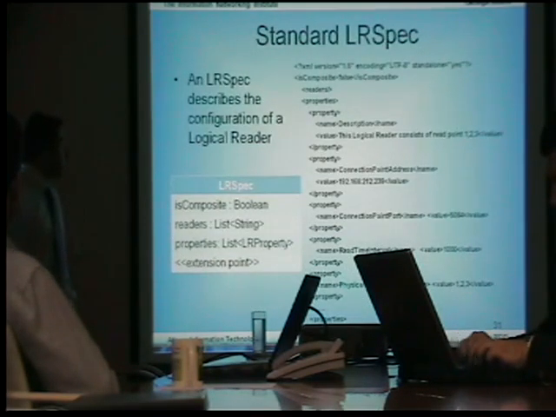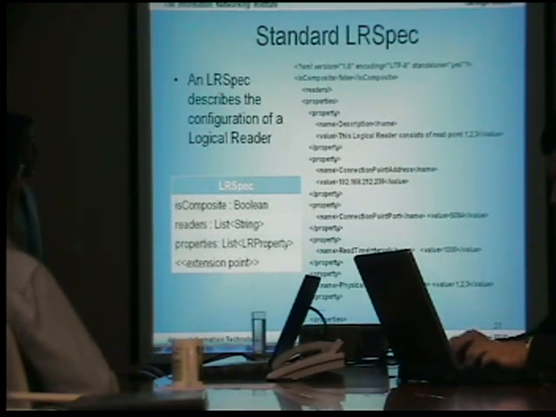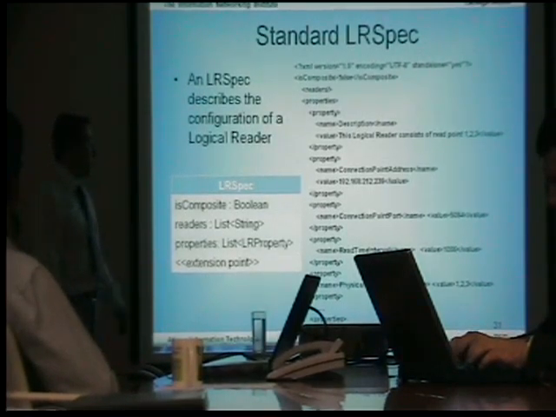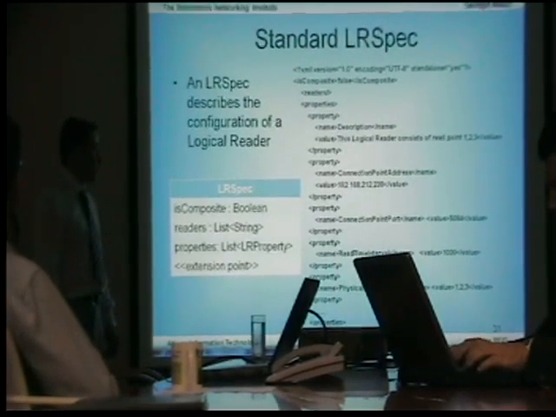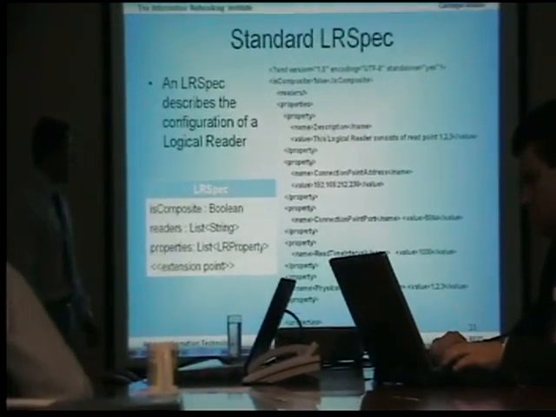If you take a look at the specification of the logical reader, it has fields like description, the connection point address or IP address where the reader is